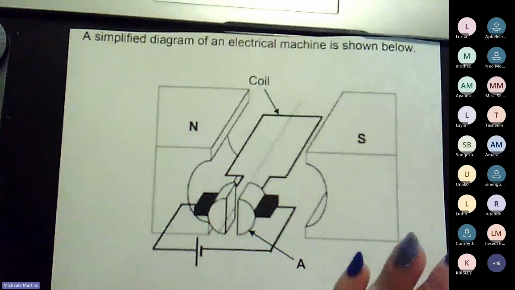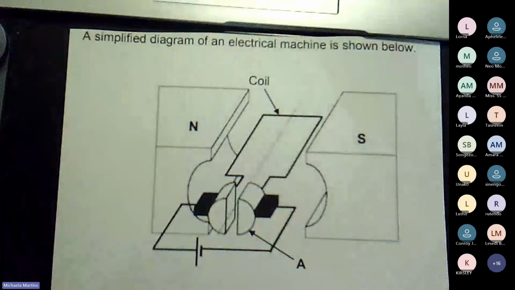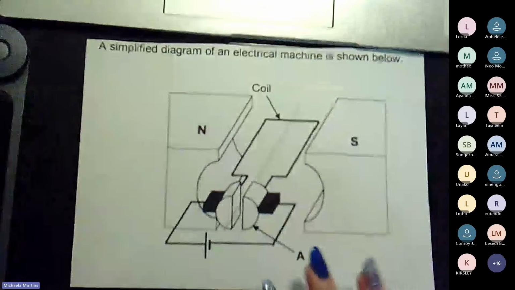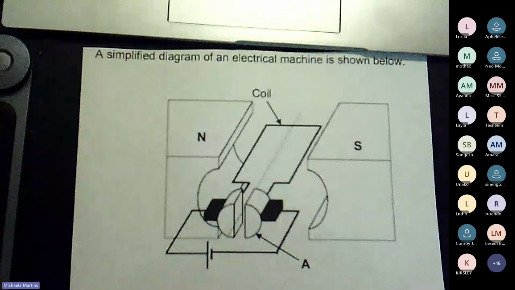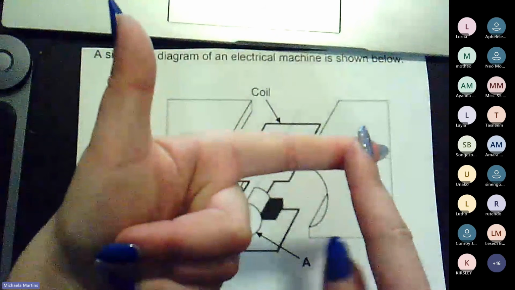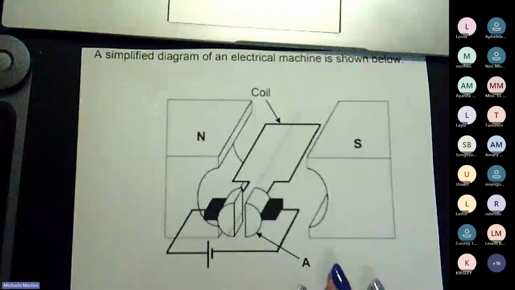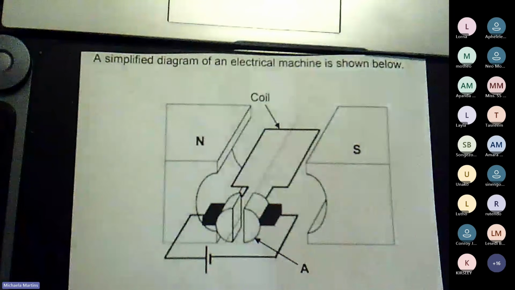Okay, let's go over this. This is not completely obvious. And I know when I did this with my class the other day, we took a little bit of time to get this right. So I want to make sure we get it right. Then when we move on to generators, which is the other hand, it will be much easier. So what we do is you use your left hand, you put your fingers like this. These two fingers are at 90 degrees, and then you pop out your middle finger like this. What you need to do, because this is a motor,